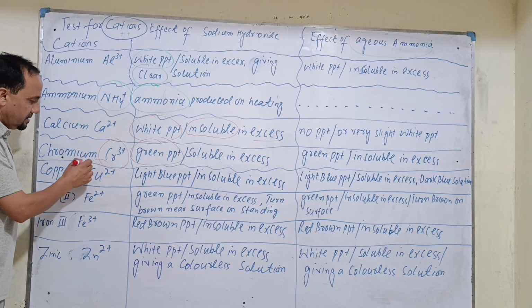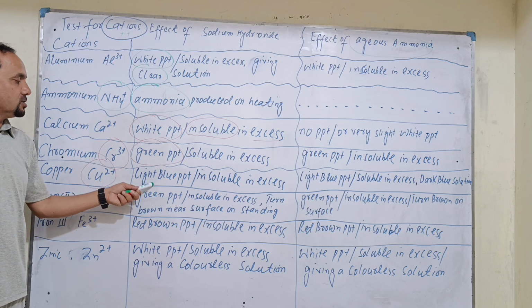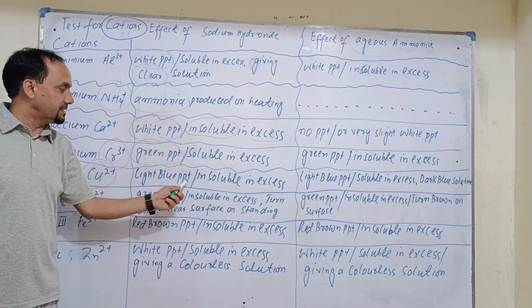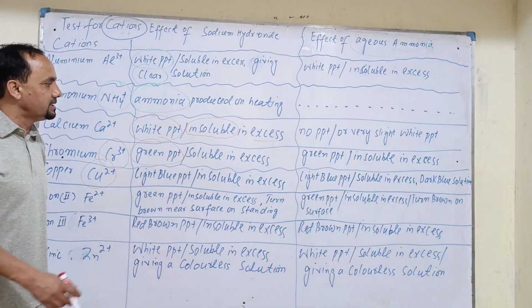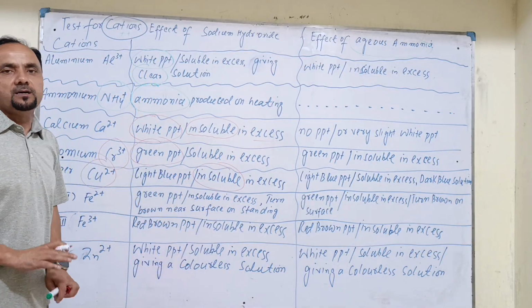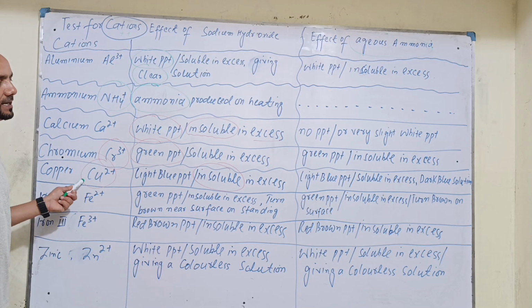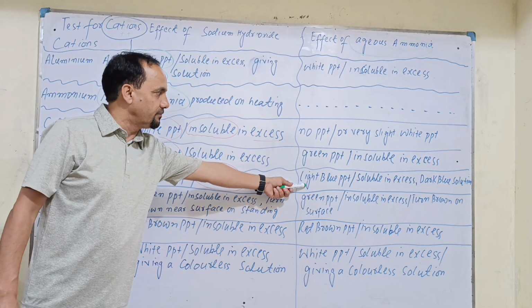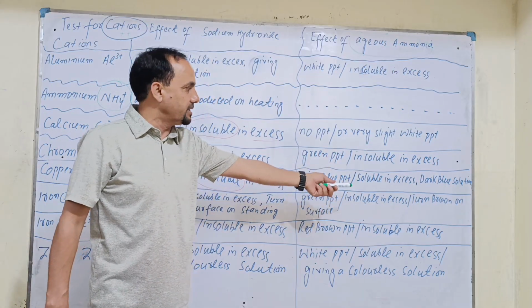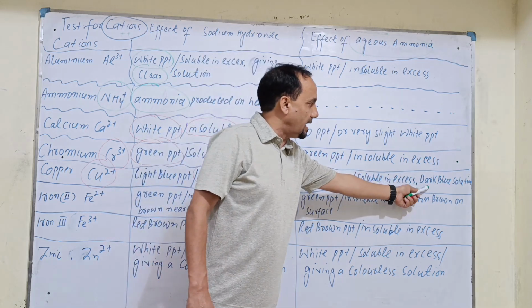Now for copper, Cu2+, when a few drops of sodium hydroxide are added, you will see light blue precipitate. When sodium hydroxide is added in excess, what will you see? The blue precipitate will remain insoluble, meaning no further change. When ammonia solution is added to the copper ions, light blue precipitate will be formed. And if excess ammonia is added, it will dissolve and you will see a dark